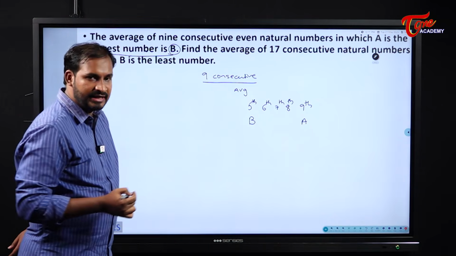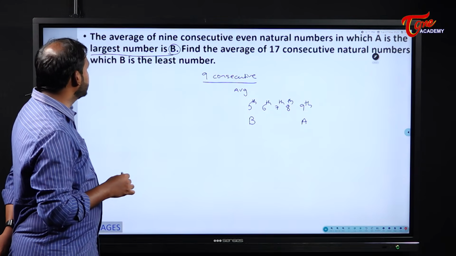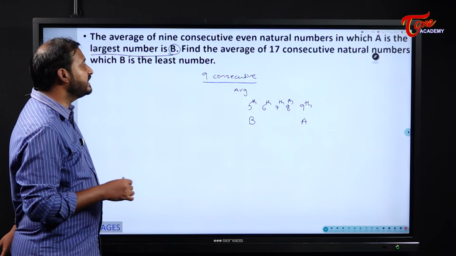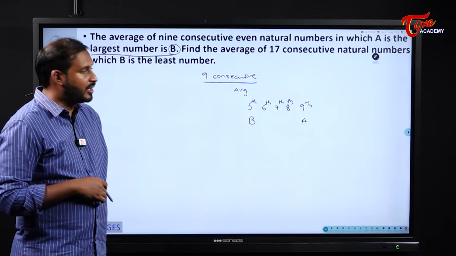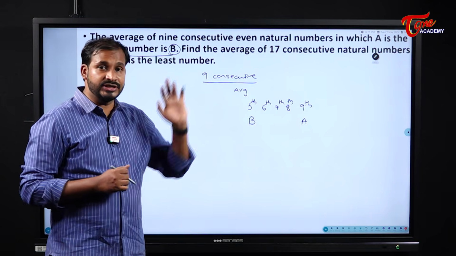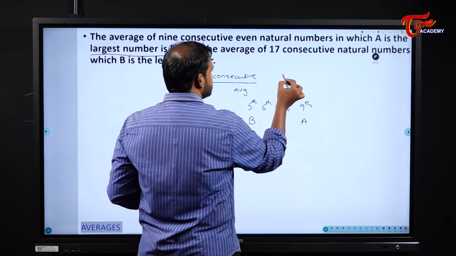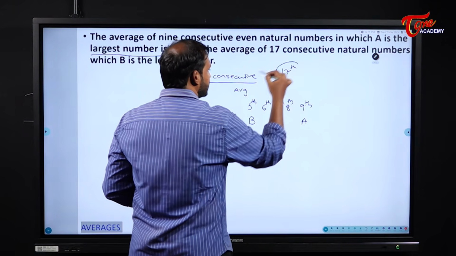Okay, 6th, 7th and 8th. So, next, find the average of 17 consecutive natural numbers in which B is the largest number. Now, they are asking us the average of 17 consecutive natural numbers in which